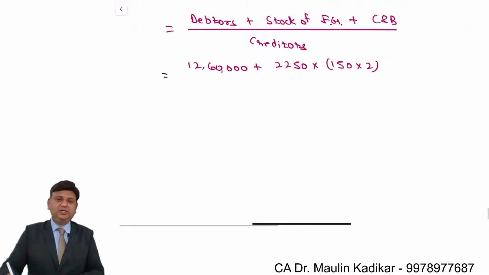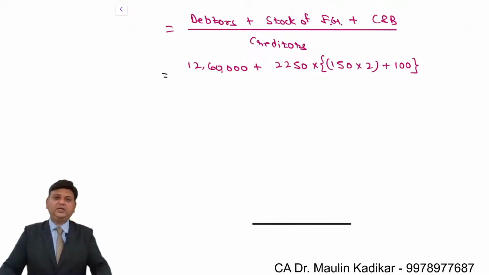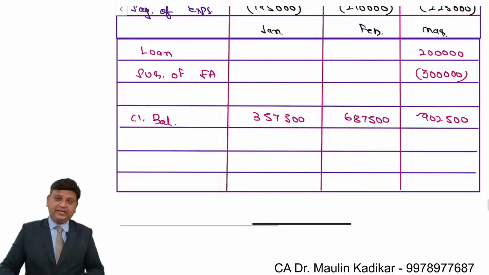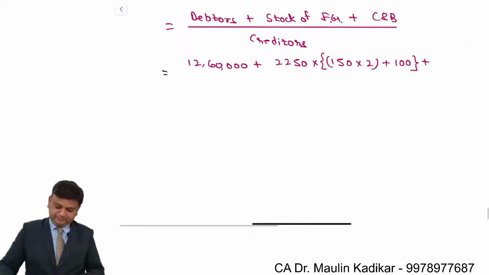Why? Because 1 unit of output requires 2 units of input plus wages and overhead, that is an amount of 100 rupees. So basically 400 rupees is the cost of 1 unit, and we are having the stock of 2250 units, plus cash and bank. It is an amount of 9,02,500